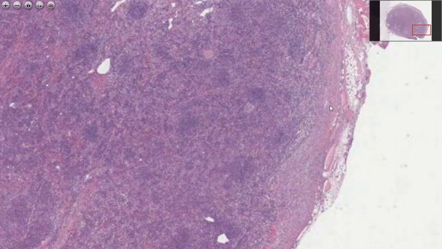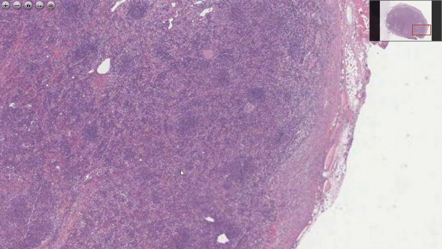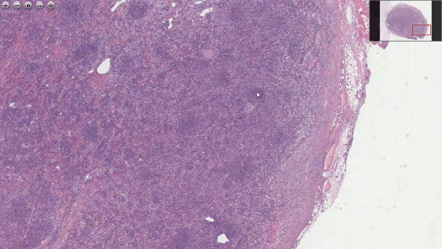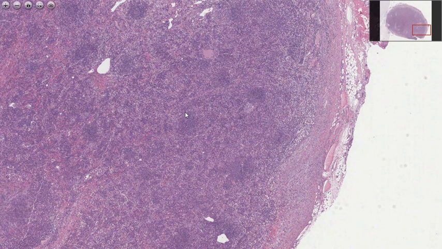Here you can see the capsule, and you are seeing this lymphoid cortex with some pale cells between the cortex, especially in what is also known as the paracortex. There are some pale cells here and there, and there are some lymphoid aggregates, which could easily be secondary lymphoid follicles. So at this point, I'm thinking about the paleness of the cells for my differential diagnosis in this, a little bit more